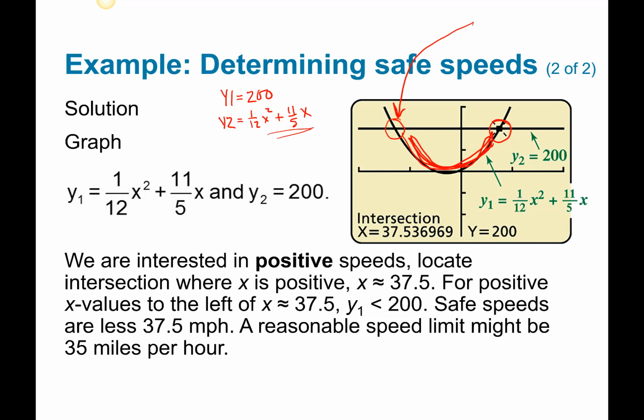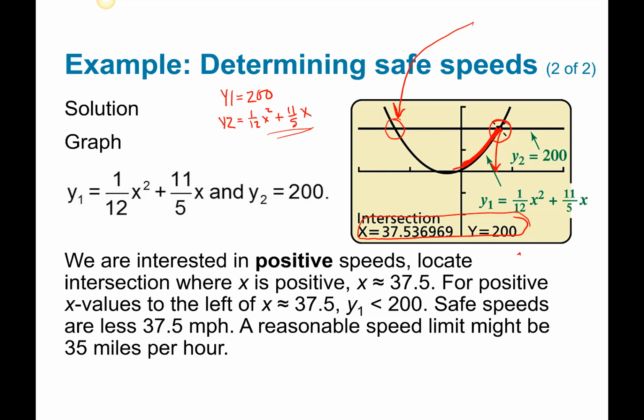Okay, but what you can do here is take a look at the portion of the parabola that we're working with below 200, and that would be this portion right in here. You could come all the way over to this value here, ask it to compute it, and what it's going to display on the bottom of the calculator is x is 37.53. That would give you the maximum safe speed. 37 point, when was the last time you saw a speed limit 37.536969